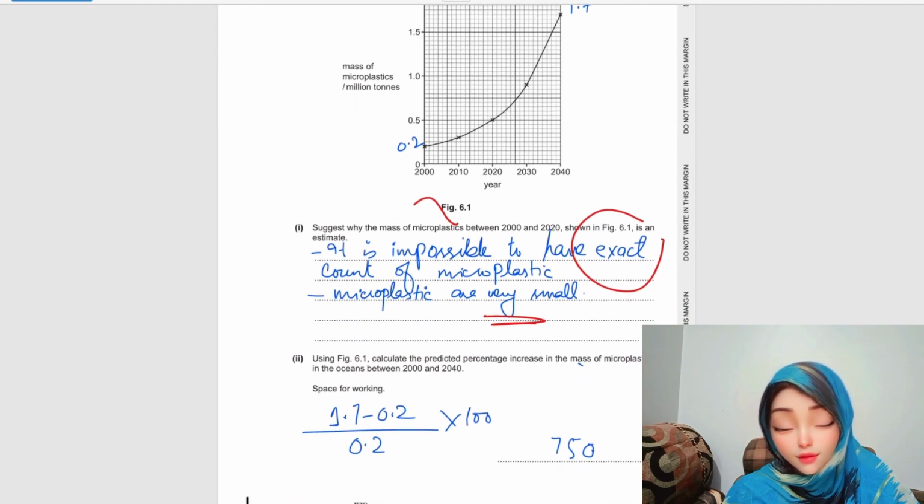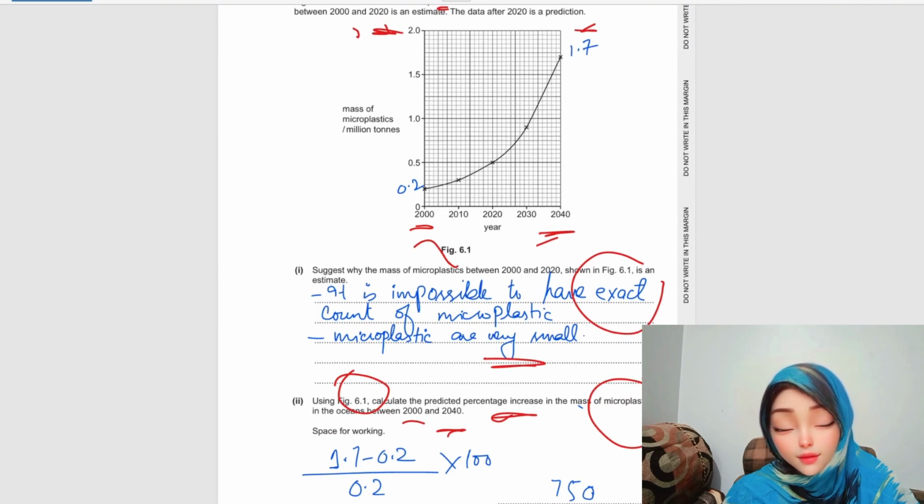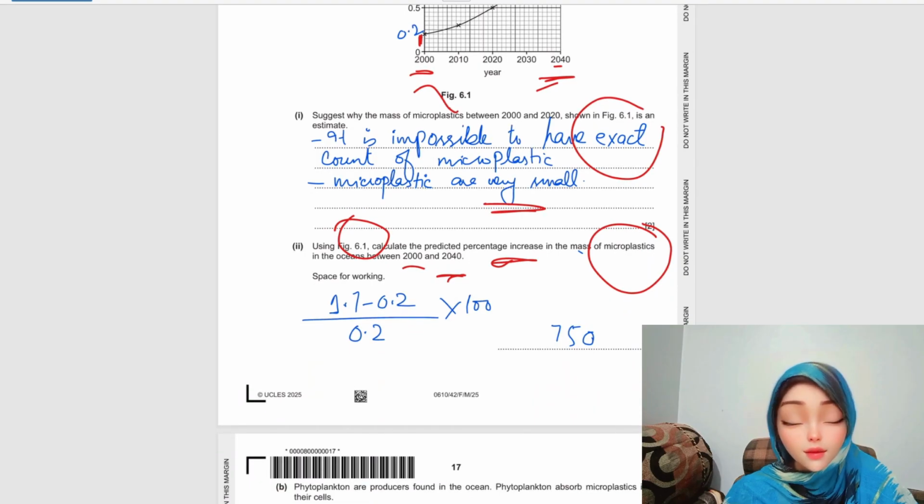We need to use figure 6.1 to calculate the predicted percentage increase in mass of microplastic between 2000 and 2040. So from 2000, the reading is 0.2, and at 2040 it is above 1.5, so it is considered as 1.7. So 1.7 minus 0.2 is 1.5, divided by 0.2 and multiplied by 100, which gives 750. Okay,